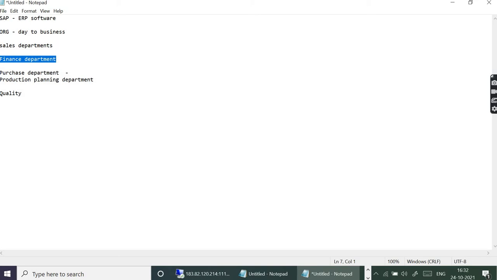He will get the information in the finance department. Similarly, once the sale has happened, that means you have a vacancy for producing one more car. So it starts producing one more car, and for producing one more car, how many tires are required? Like 4 tires are required. It immediately orders 4 tires for the organization to procure,